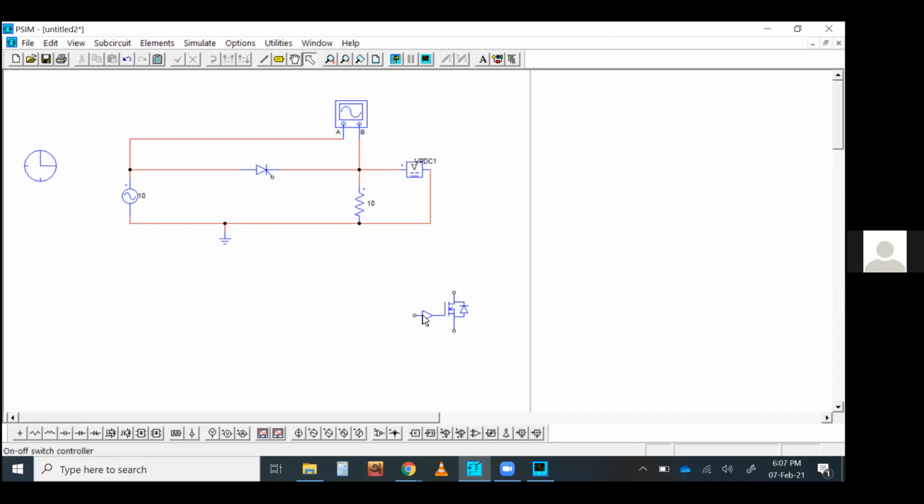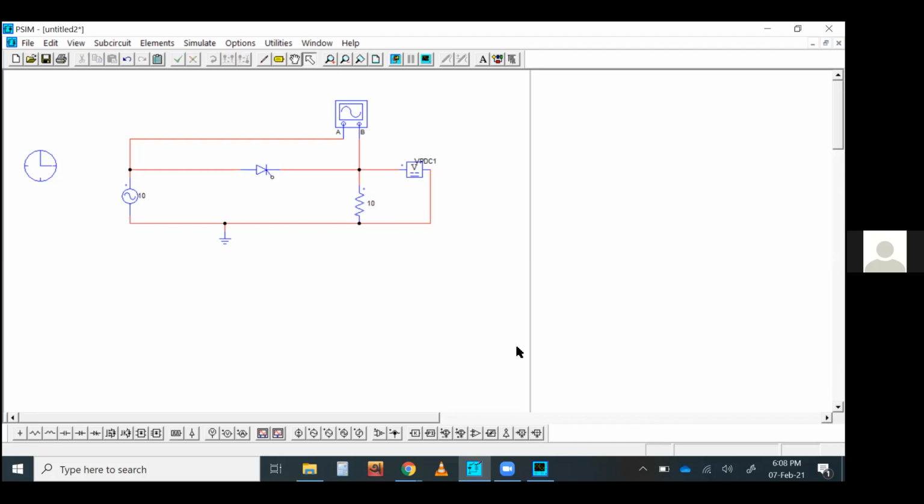But this module eliminates the need of any driving circuitry. It will do all the things by itself. Only thing you have to make sure is that you give the control signal directly to this gate. It will do all the remaining things for you. It will ensure that the IGBT or whatever switch you are using will definitely switch, not go into the active mode.